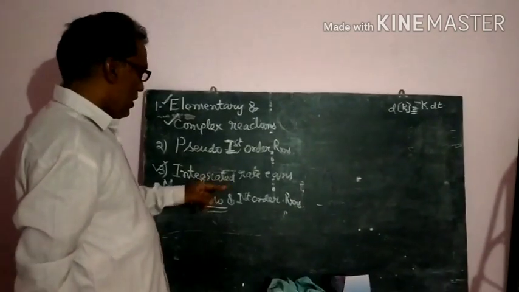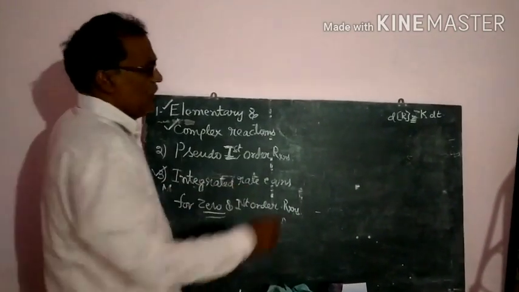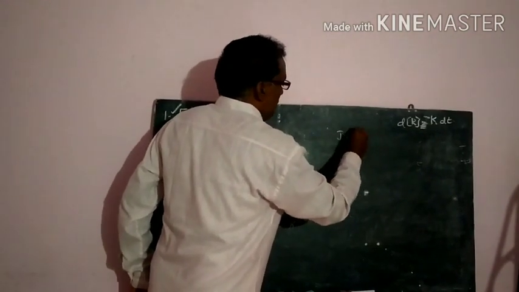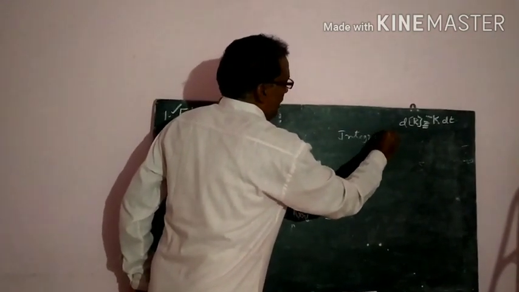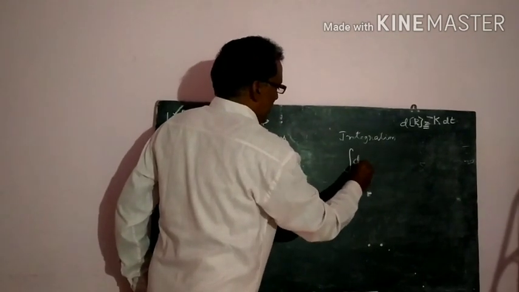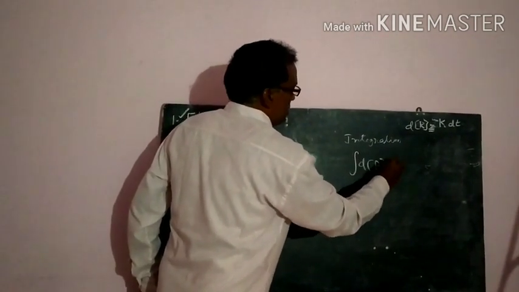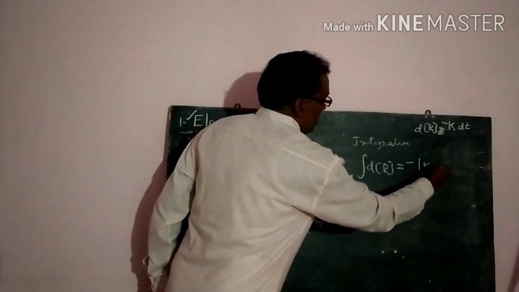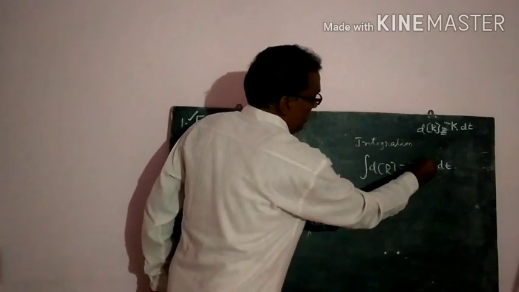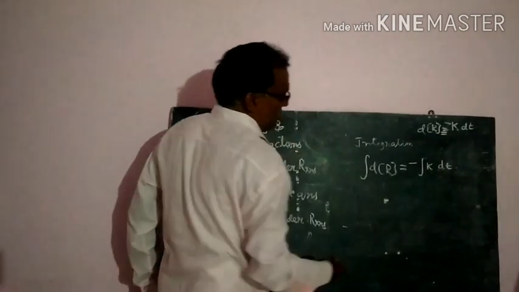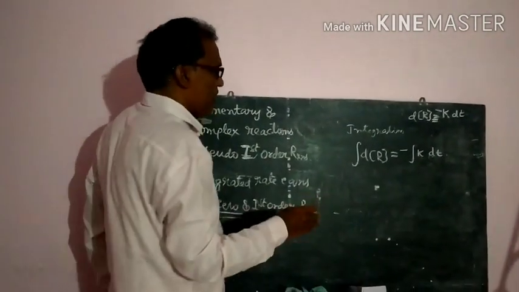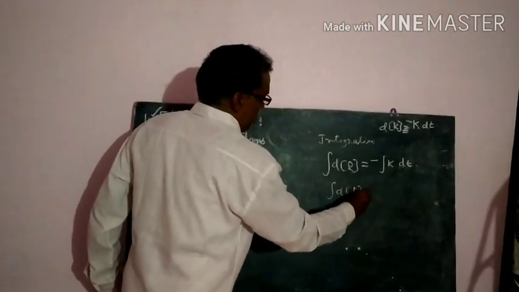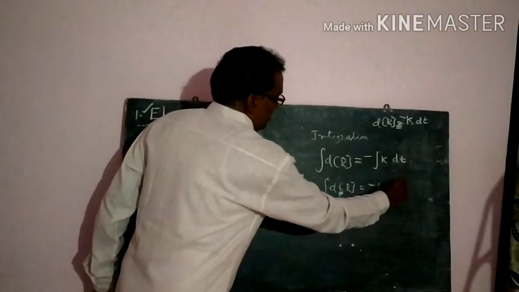Now you have to find out the integrated rate equation. If you integrate on both sides, doing the integration on both sides, the symbol we know it. The integration of the change in the concentration is equal to minus the integration of K into dt. But here K is constant, and for a constant K the integration value is the same only. So it can be written as the integration of the change in the concentration is equal to minus K into the integral value